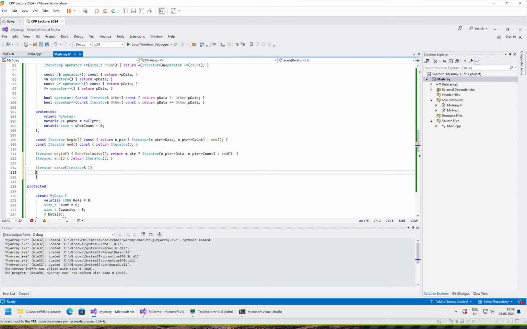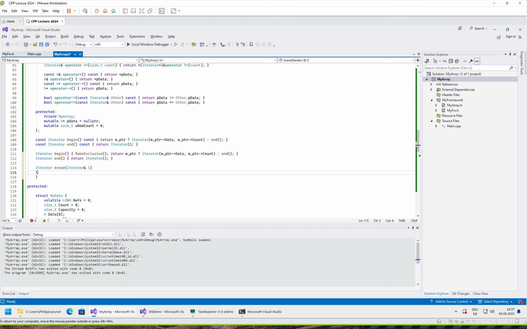Then we will need to have a loop which will move all the data around. So at this point, we kind of know that we hold this exclusive. That might not be true, because we could have called begin, and after begin made an assignment of this variable to another one, and at this point it would be shared again. So as you see, this copy-on-write mechanism requires some discipline,